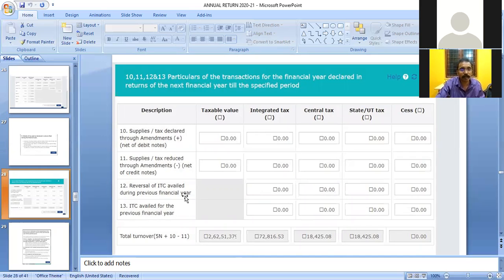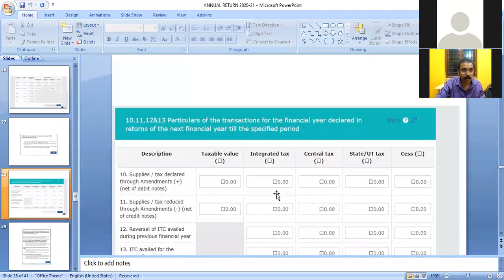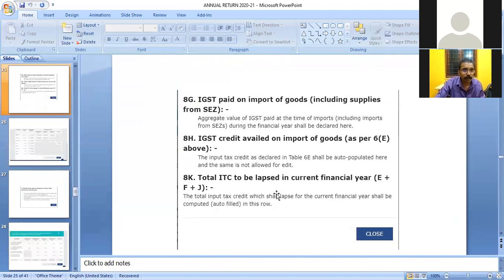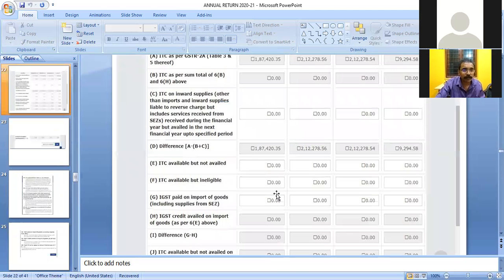As far as reversal of ITC availed is concerned, if ITC availed during financial year 2020-21 but reversed in 2021-22 shall be shown here, and also it shall be shown in table number 8, column number C. Here a negative figure can be shown as reversal because negative values are also accepted in this form.